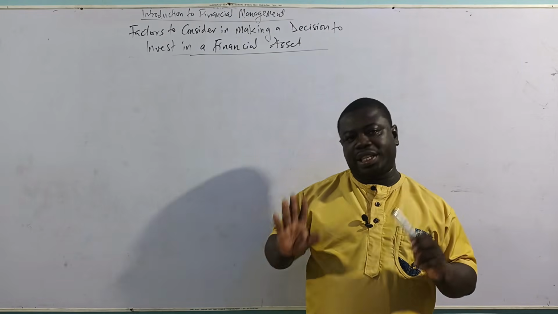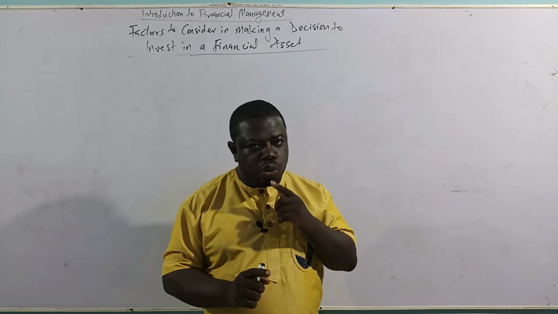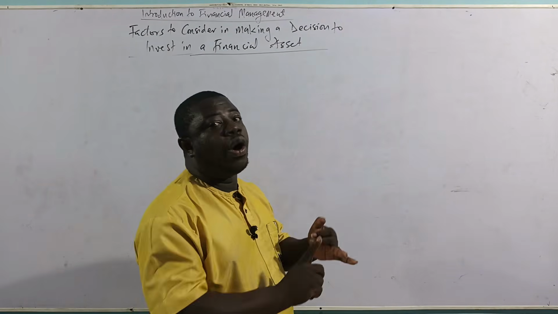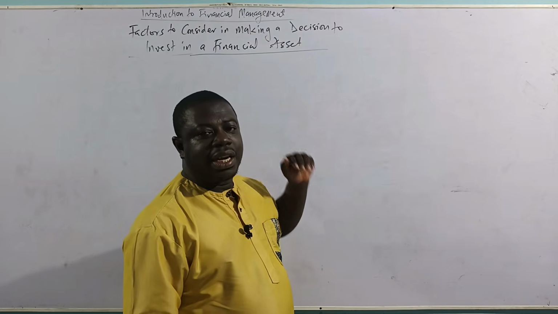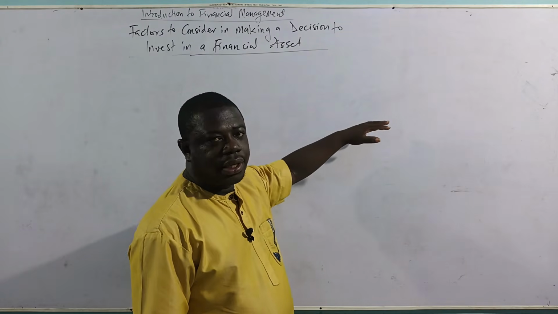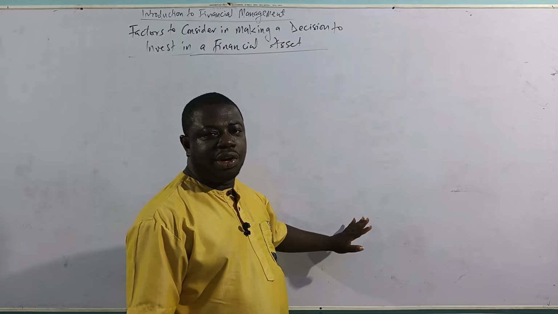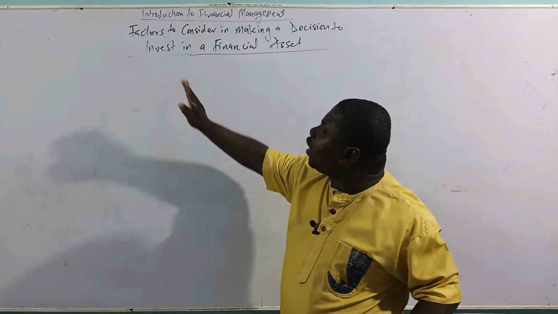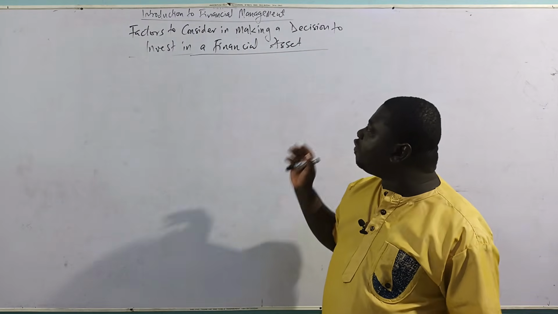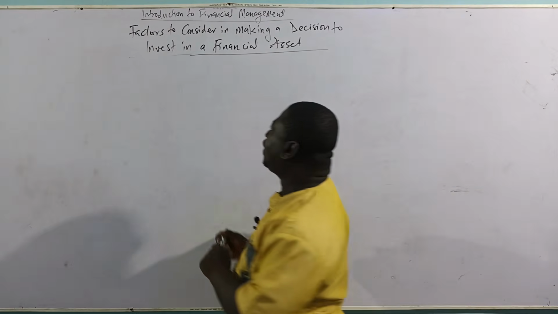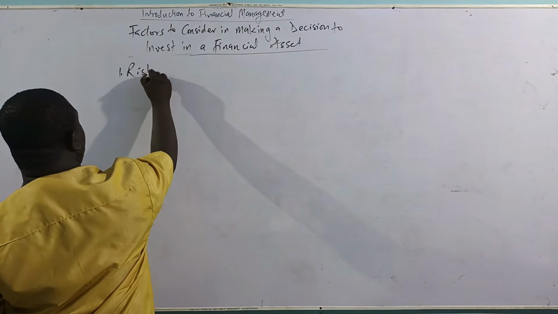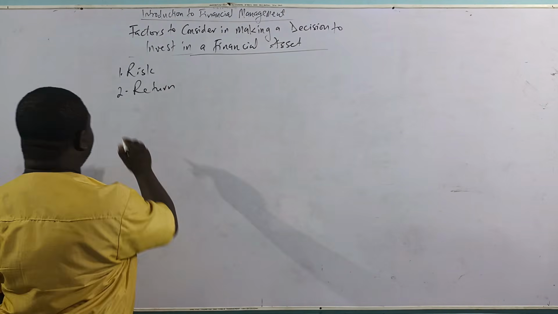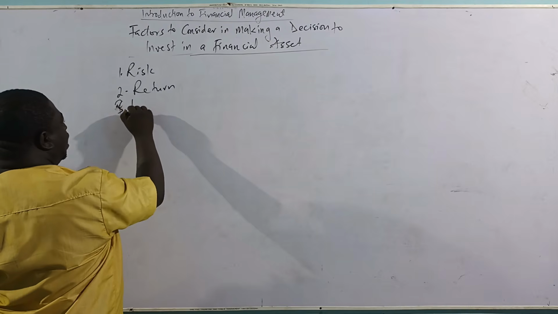Now, I'm going to list them in no particular order. When I'm done, then I'll show you how it will be in an order when you decide to invest in a short-term financial instrument or a long-term financial instrument. When you are deciding to invest in a short-term financial asset, there is an order you have to arrange it. If it is in the long term, there is an order. But for now, generally, these are the factors to consider. You consider the risk. You consider the return. As for risk and return, they will always come into play. And then you consider the liquidity aspect.